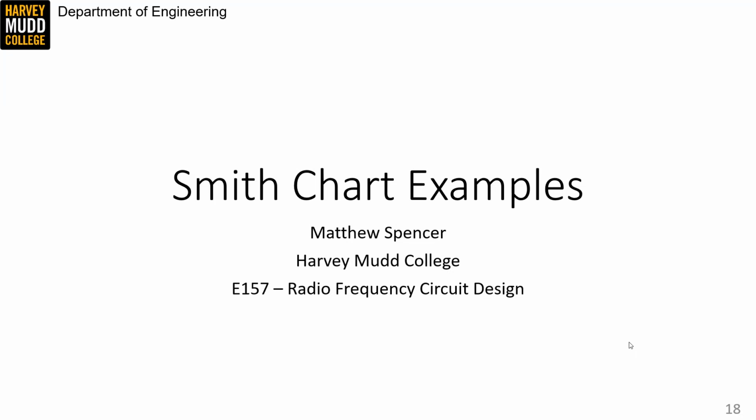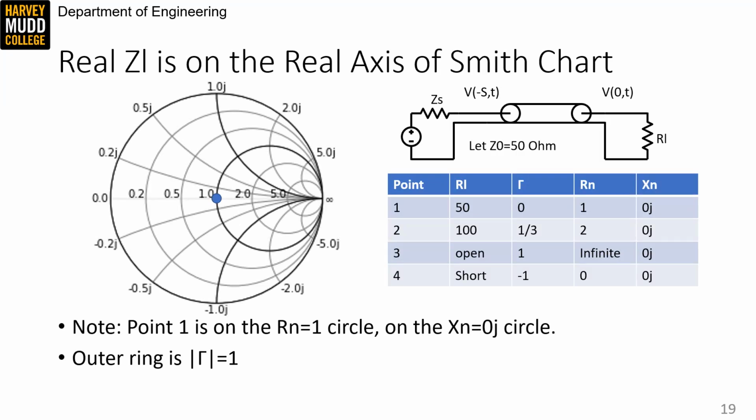In this video, we're going to see a few examples of Smith charts to get some practice with them. We're going to start with some familiar resistive terminations. We're going to assume Z0 is purely resistive 50 ohms in all of these examples. The table on this page summarizes some common terminations, and I've drawn point 1 on the Smith chart on the